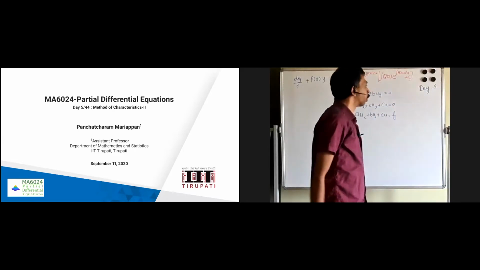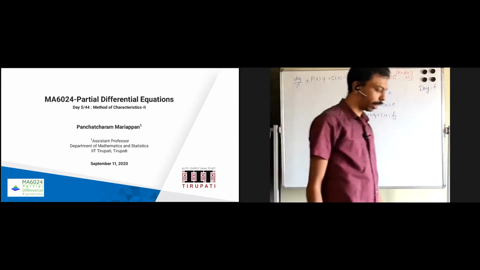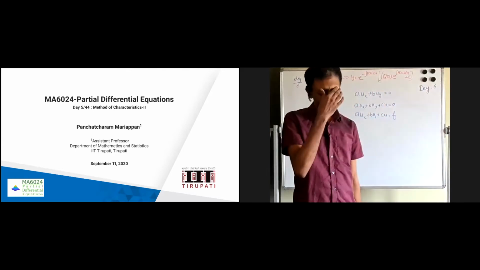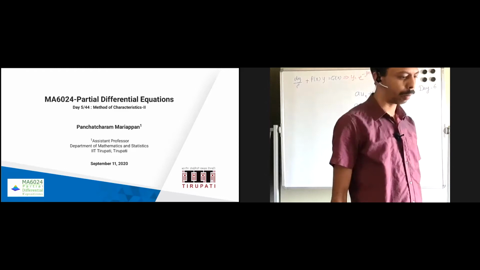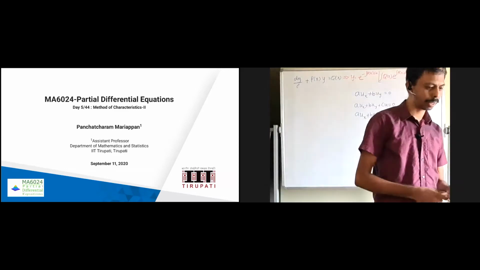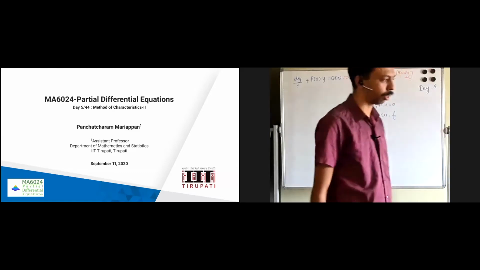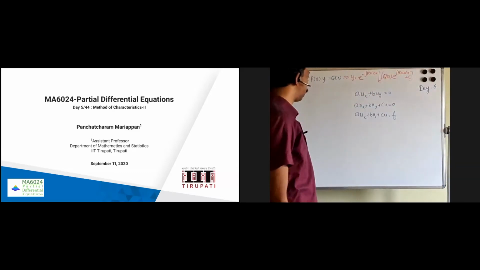So today we are going to again see the method of characteristics only. Okay, so how that is going to play. I hope today probably we'll see some theorems also, but I'm not sure whether we can complete the theorem. At least I will try to state the theorem. The proof maybe we'll see in the next class.